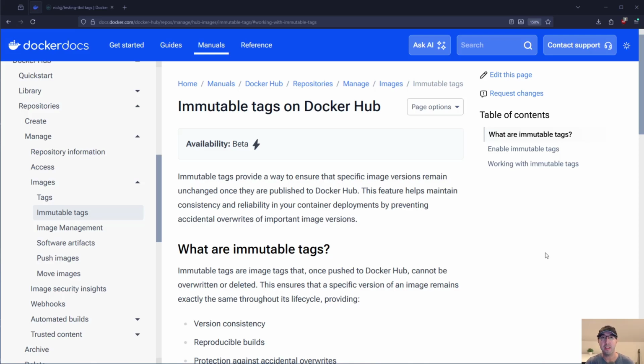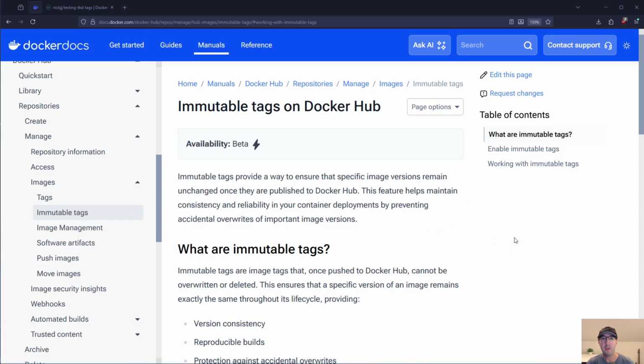This is cool. I recently discovered that the Docker Hub now supports immutable tags as an optional option. So as a repository creator, you can choose to enable this on a per repo basis for either all of your image tags or only the ones that match a certain regular expression. So in this video, we're going to be trialing this out together because I actually haven't played with this feature yet. So we're going to be jumping into the terminal, building images, making repositories, and just seeing all the different